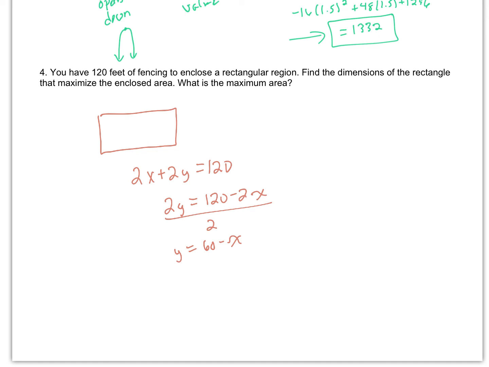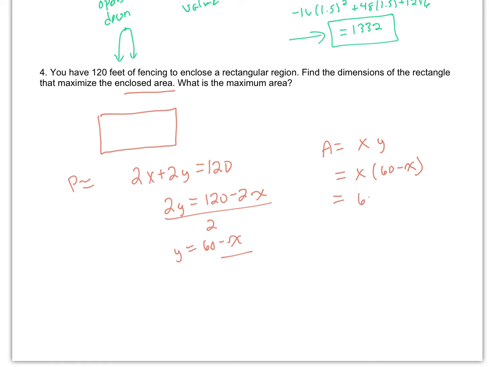Now, it's talking about the area. So this was the formula for perimeter. Now we need to look at our area formula. We know to find our area, we're just going to multiply x times y. Only in this case, we want to think of our y value in terms of x. That's what I was doing here, rewriting that y value in terms of x, so that we get an equation with just the one